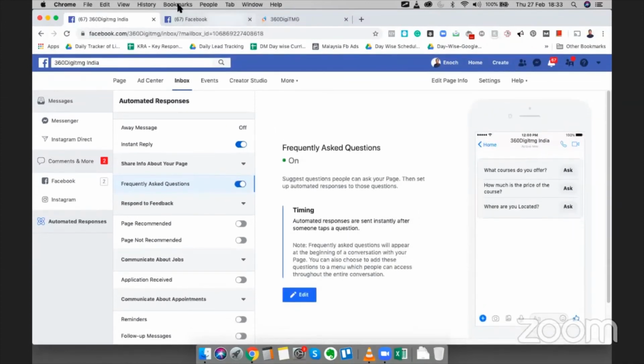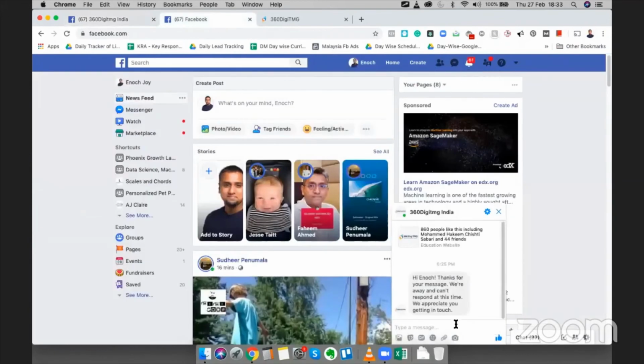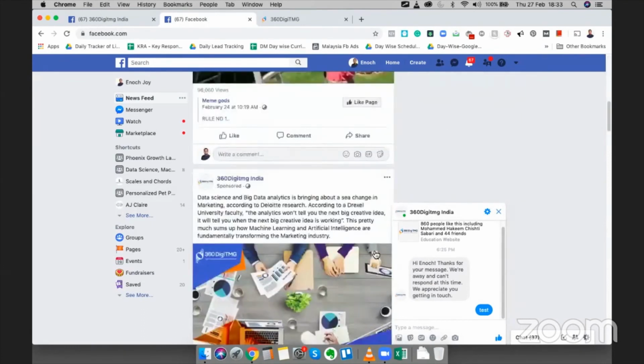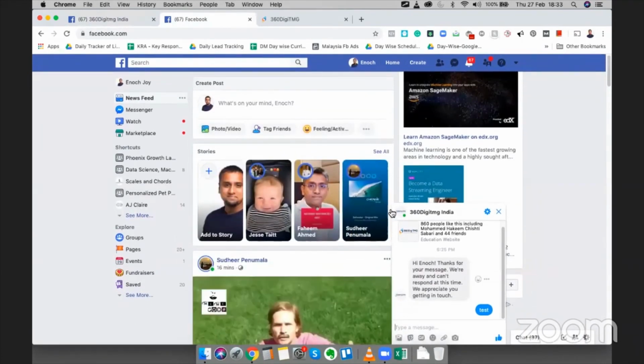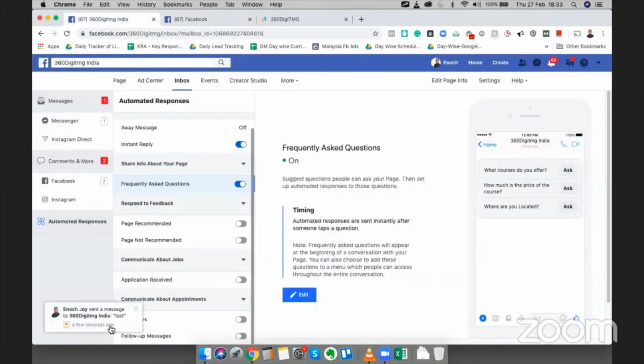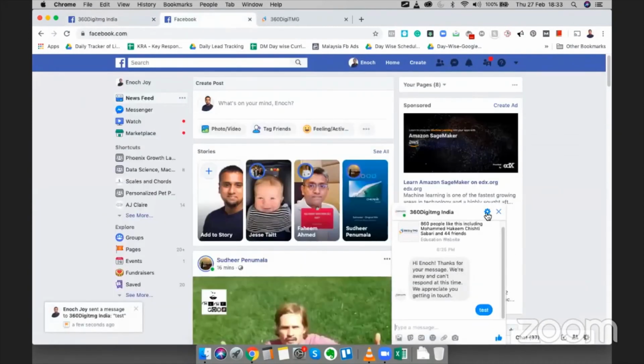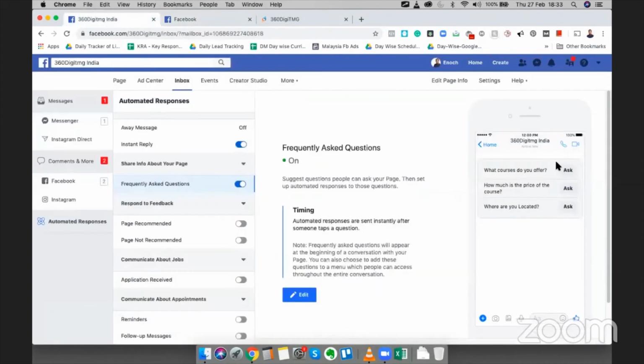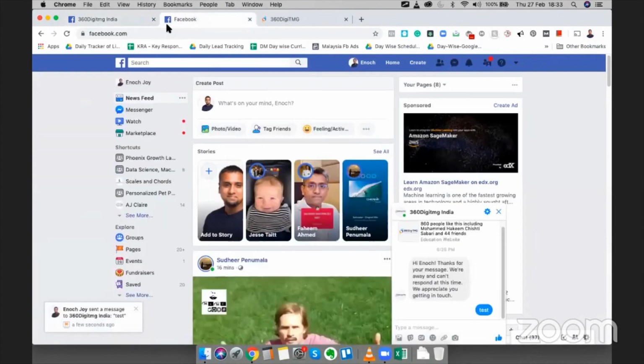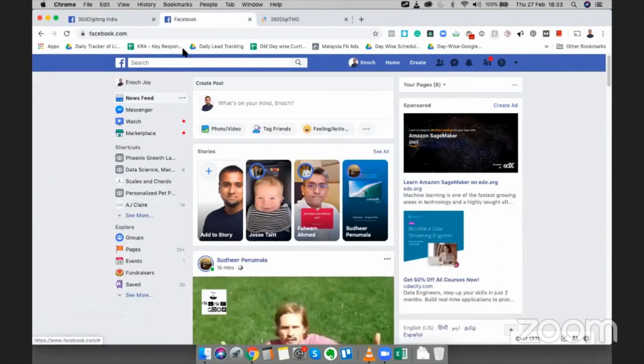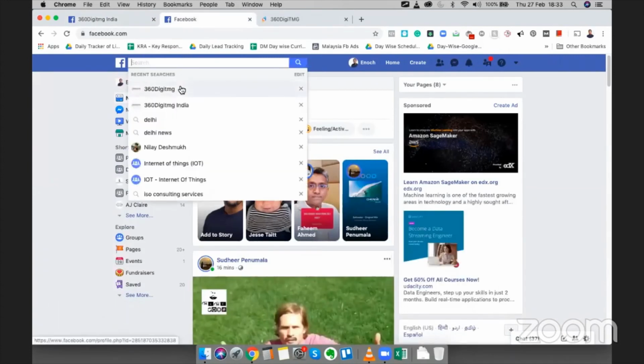So what happens is, let me show. Let's say I try to test it. Probably because I'm the admin, it's not giving me the options, but this is how it would look. It would basically give me these options. So probably let me try doing it from scratch.